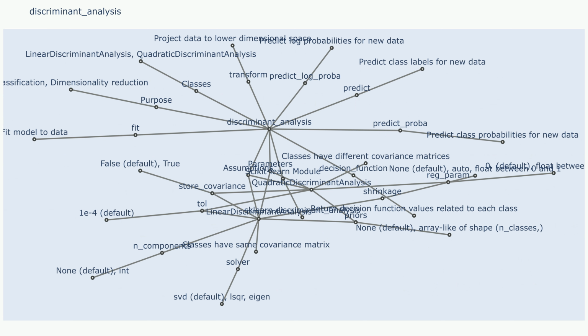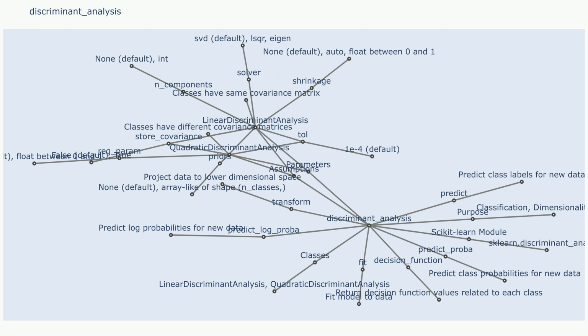2. Quadratic discriminant analysis (QDA). Core principle: QDA relaxes the assumption of a shared covariance matrix for all classes made by LDA. It allows each class to have its own covariance matrix, resulting in quadratic decision boundaries. Implementation: the sklearn.discriminant_analysis.QuadraticDiscriminantAnalysis class provides similar functionality as LDA, but it fits a separate covariance